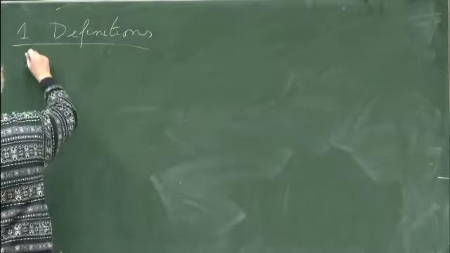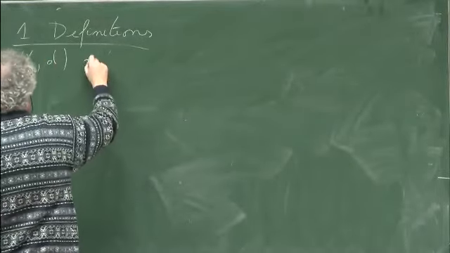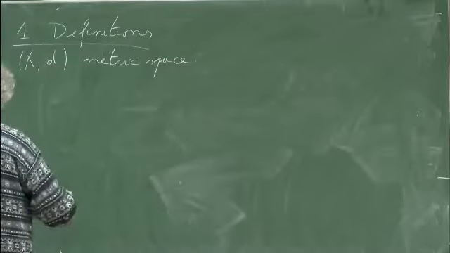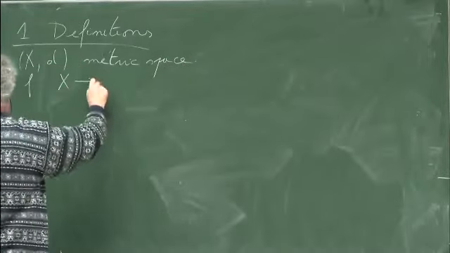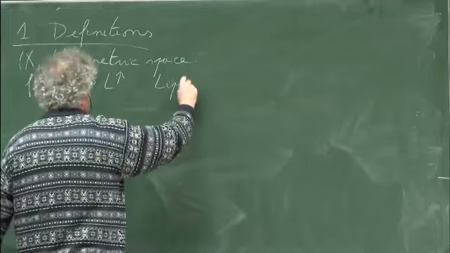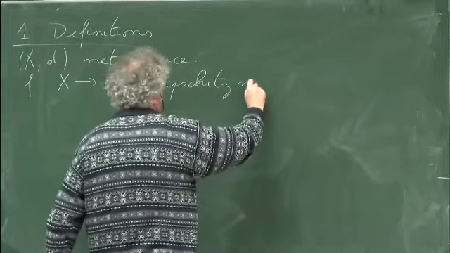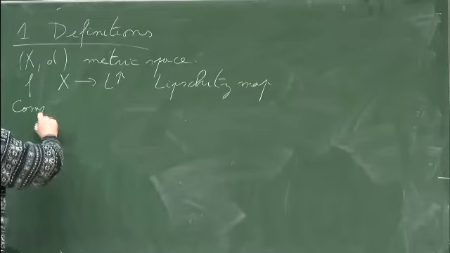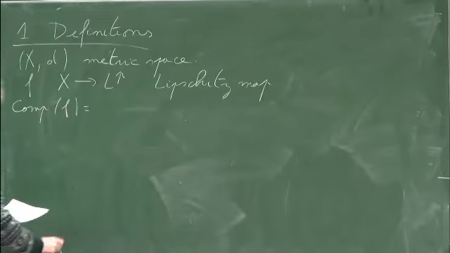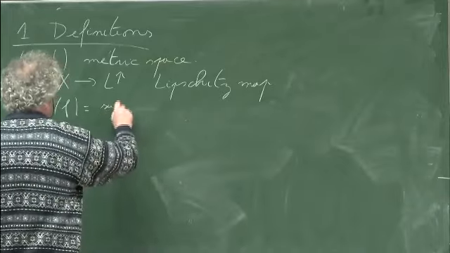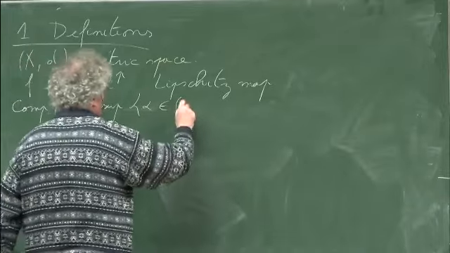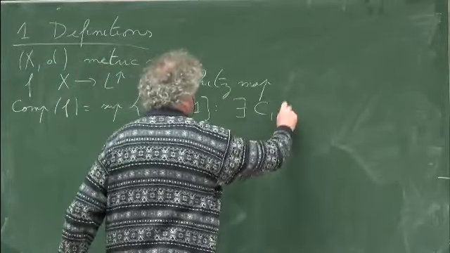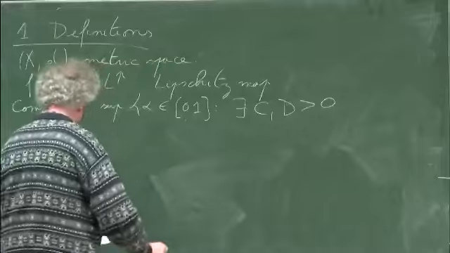So, (X, d) will be a metric space, and f from X to L^p a Lipschitz map. Then you define the compression of f as the supremum of the set of alpha in the interval [0, 1] for which you can find positive constants such that